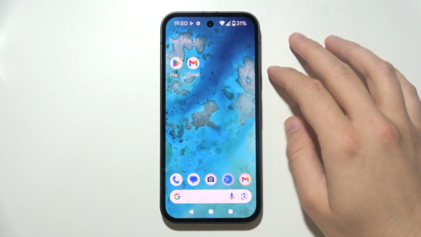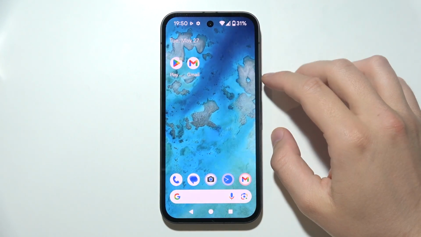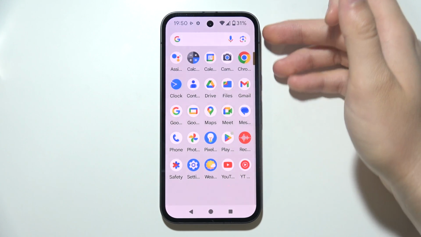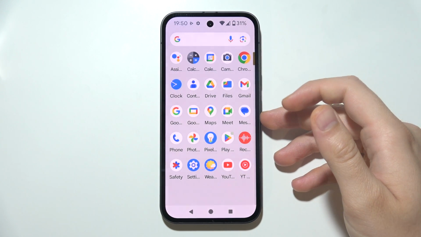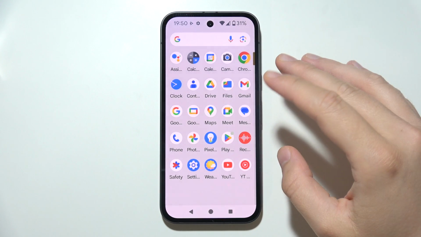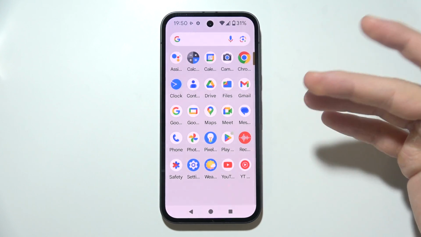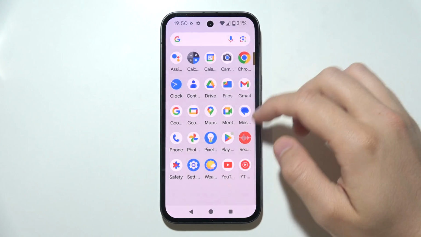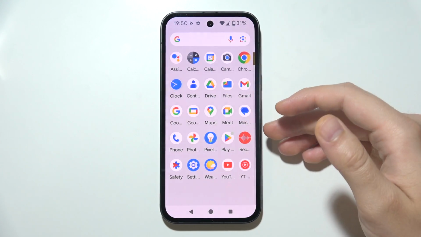Hey, if you are wondering if you can find bloatware on the Google Pixel phones, then take a look. Here you can find all apps that come as default on this phone. So it actually depends what you call bloatware. Maybe for some of you YouTube Music looks like bloatware, but everything that you have here, it's straight